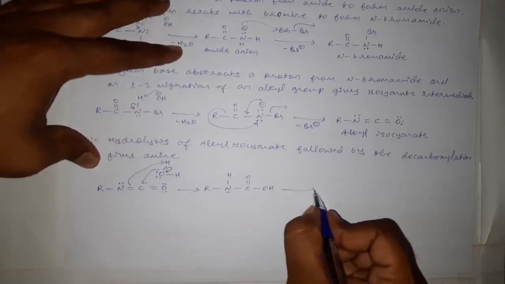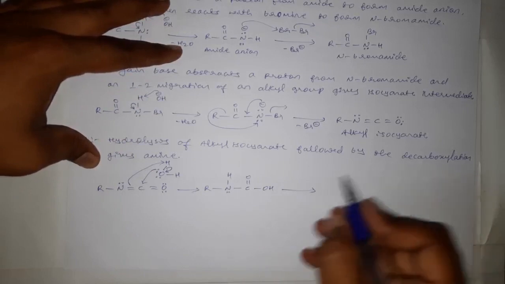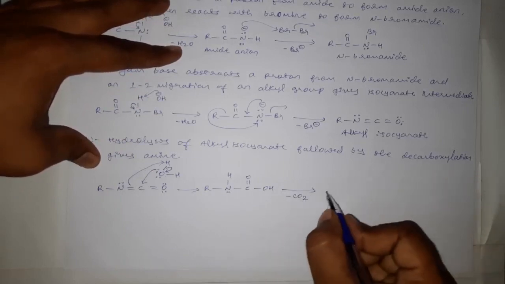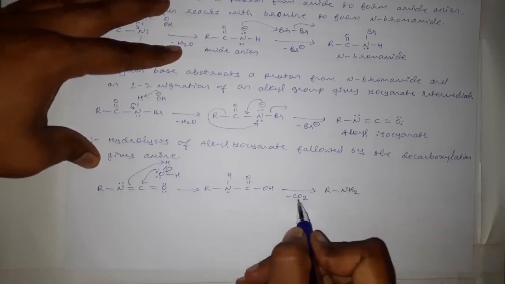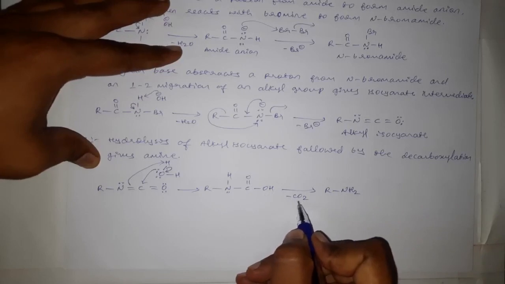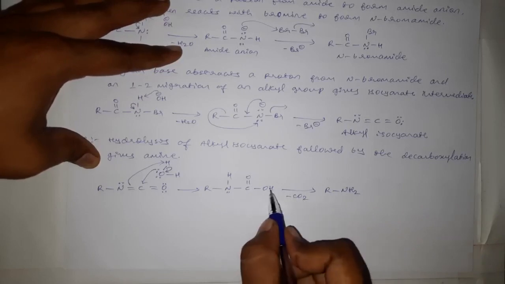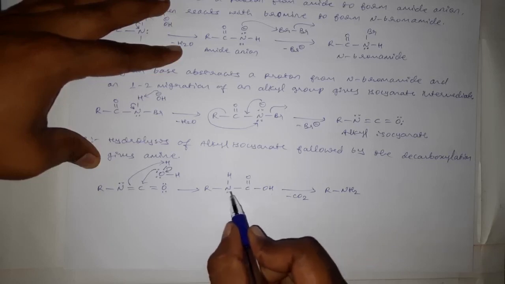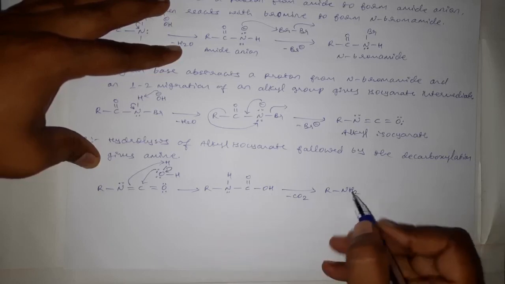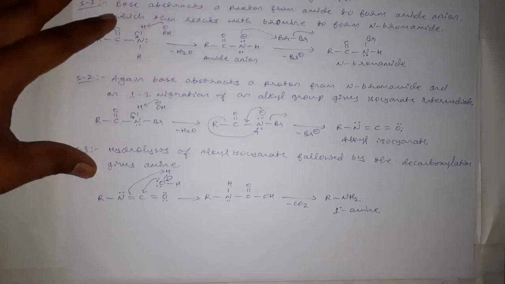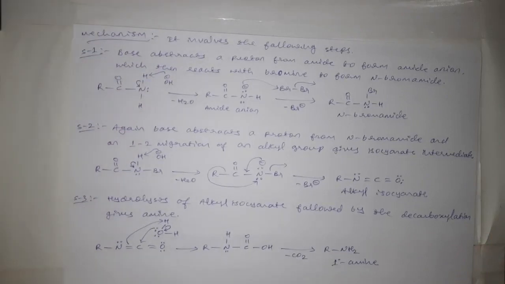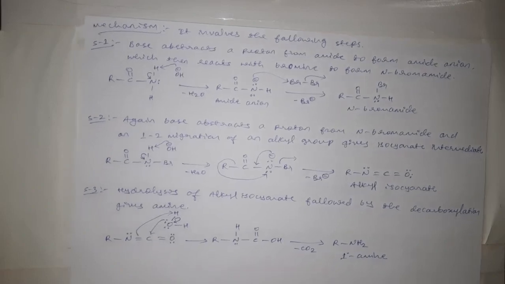After the decarboxylation, the loss of carbon dioxide takes place to form RNH2. This COO will go as C double bond O double bond O, that is CO2. This hydrogen will now shift to this nitrogen and form RNH2, that is a primary amine. This is the reaction mechanism for the Hofmann bromamide degradation reaction or Hofmann rearrangement. The next reaction we are going to discuss is